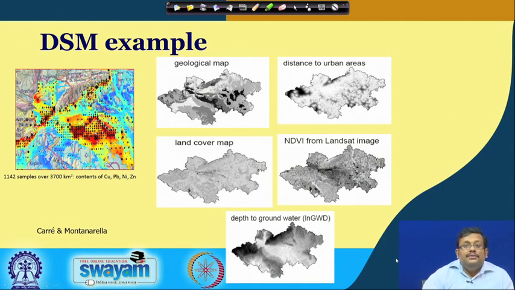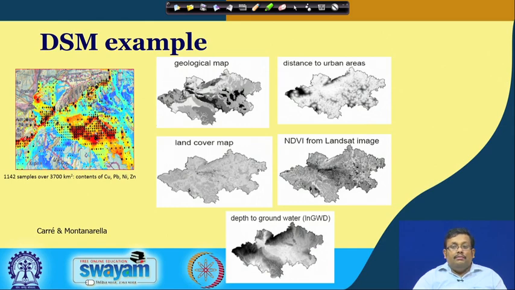Just to give you an example of DSM in Europe, these scientists collected 1142 samples over 3700 square kilometers, and they measured copper, lead, nickel and zinc for these 1142 samples. Once they collected and gathered that information, they combined this legacy soil data with these 5